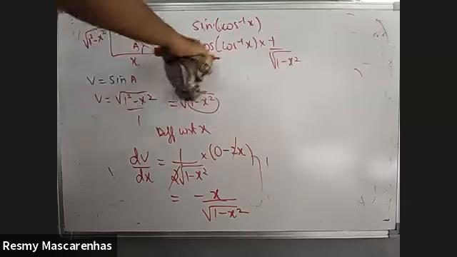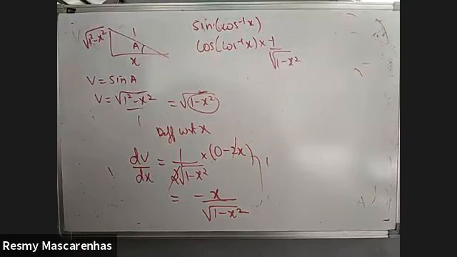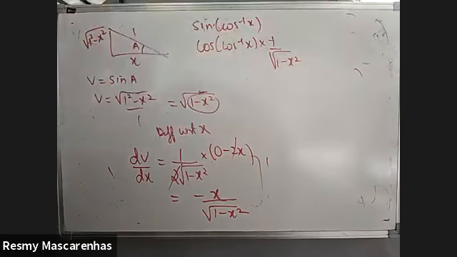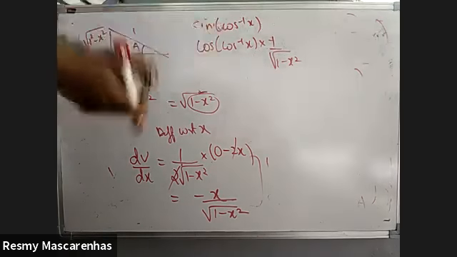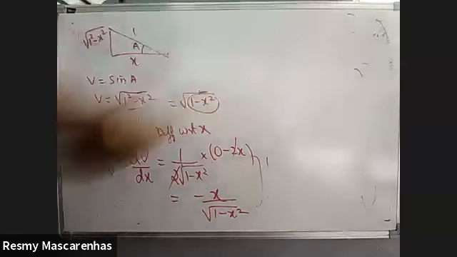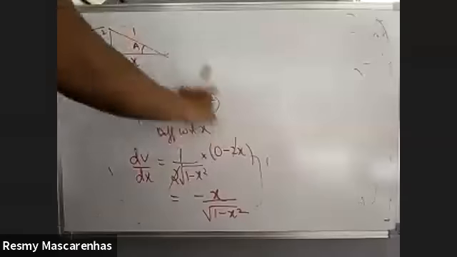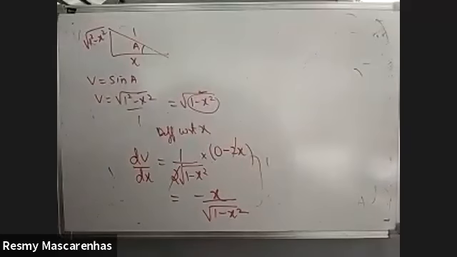That is because automatically in this case it is cancelling. But if there was sine and tan, then it would become a problem, meaning sine of tan inverse of x and all. Here these are matching up, so that's why I can directly cancel. If this was tan, it might not work out. Okay, so whichever way you get, finally you should get minus x upon root of 1 minus x square.